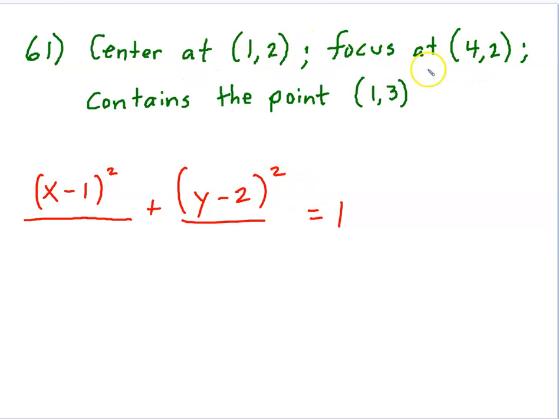The focus is at (4, 2), and the ellipse contains the point (1, 3). Okay, so let's see what this means. Just a little rough sketch. So there's (1, 2). And the focus being at (4, 2),